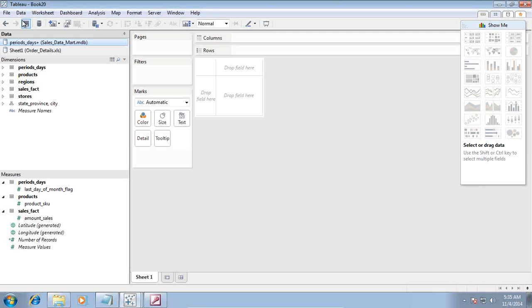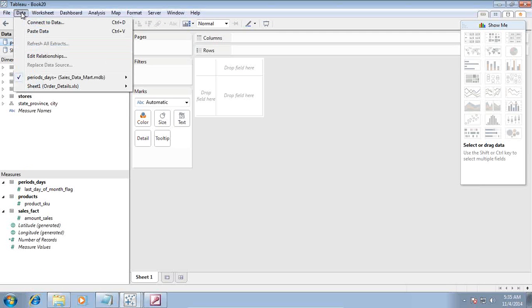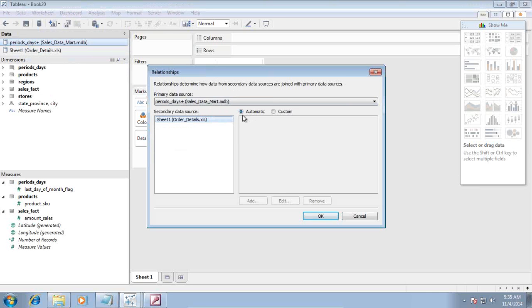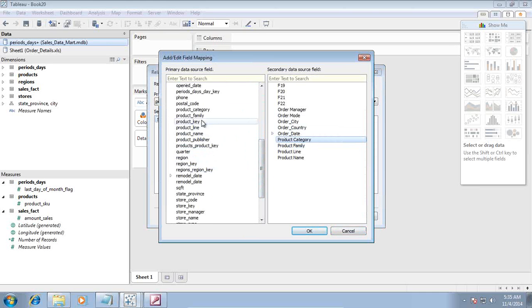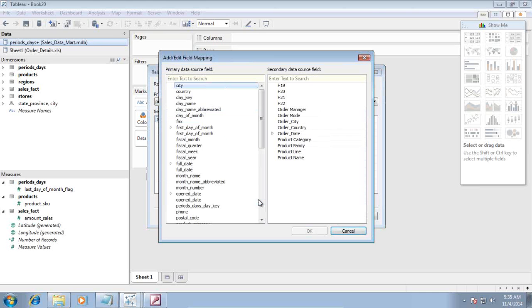But sometimes if it does not, you can explicitly define a relationship. Under Edit Relationship, select your dimension. We have automatic and custom. I'll be using the custom option and select my dimension. There is more than one common dimension in this example, like product category, product name, product family,